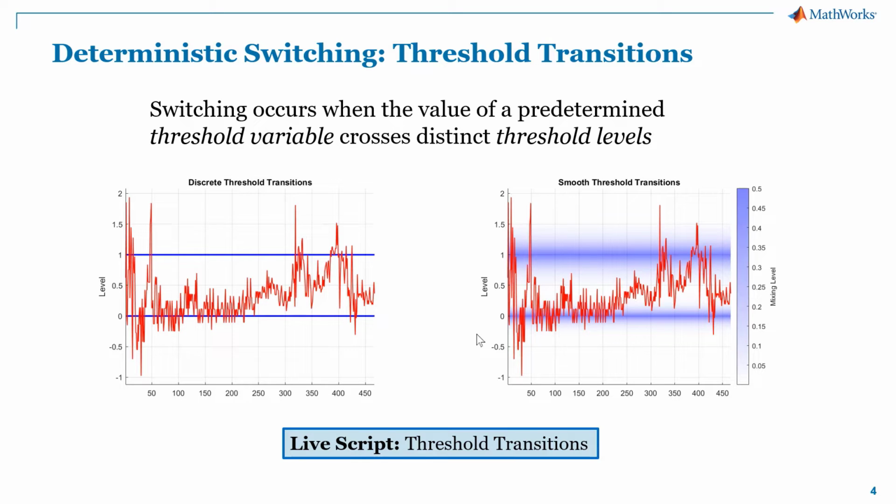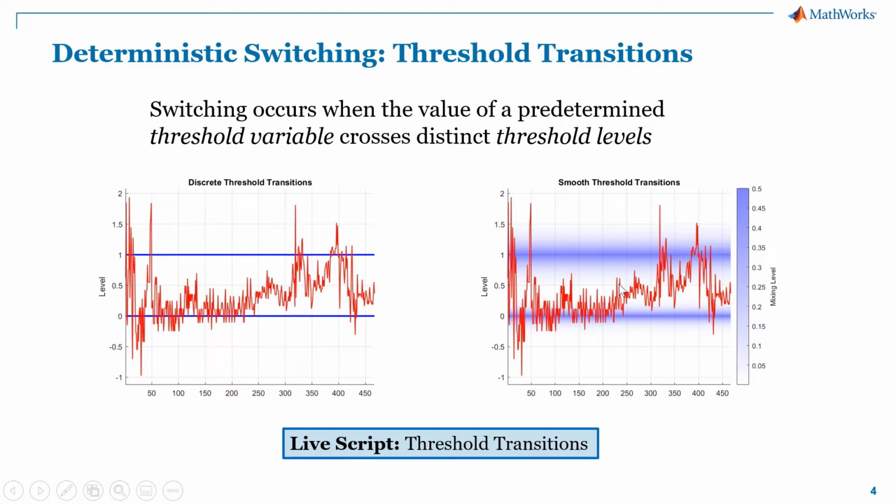Once you've constructed the submodels, the second component of a switching model is the switch itself. In this case, instead of a Markov chain, we're going to create something called a threshold transition object. A threshold transition object is essentially just a series of levels that describe when a threshold variable will change state. So if we describe, say, discrete levels at 0 and 1, and we introduce as a threshold variable our inflation rate, we can see that there's going to be these three separate states or regimes of that particular variable given this set of levels.